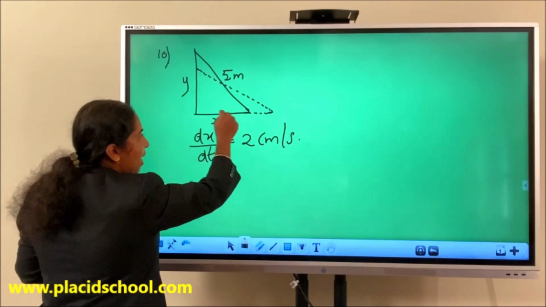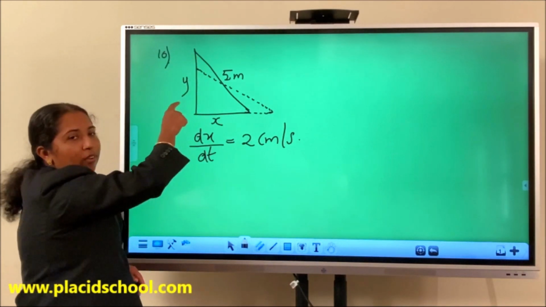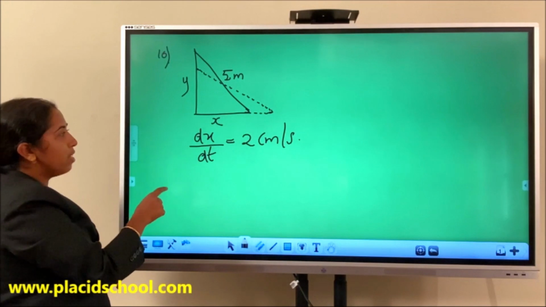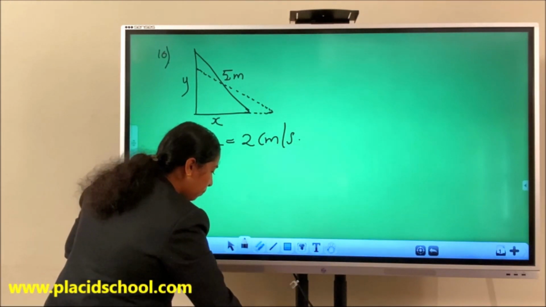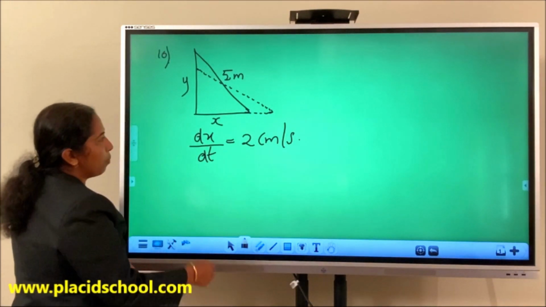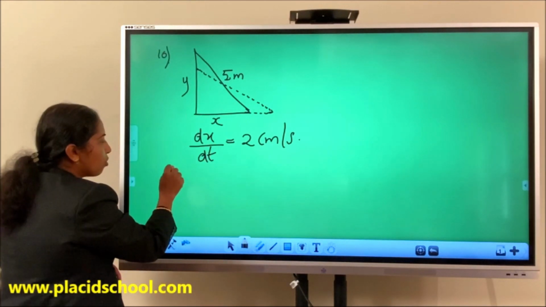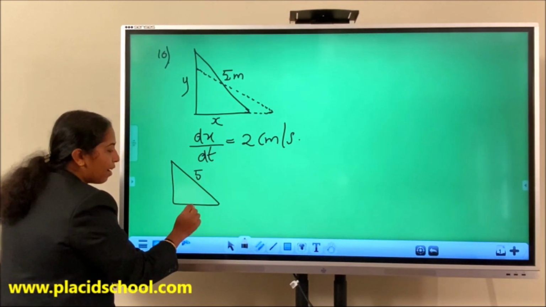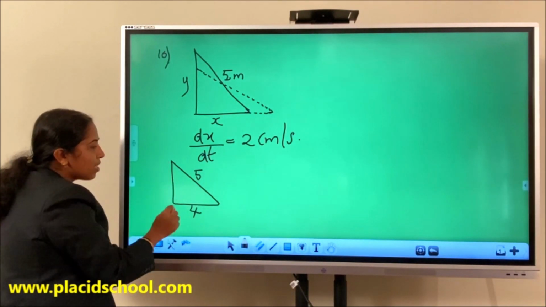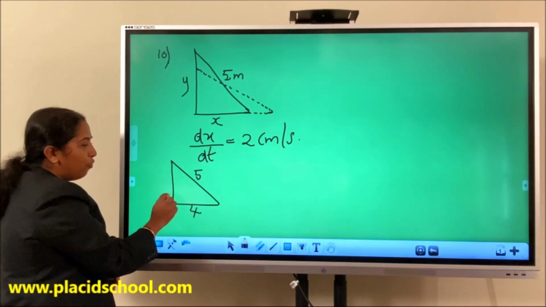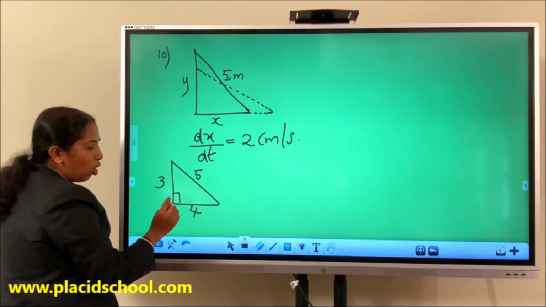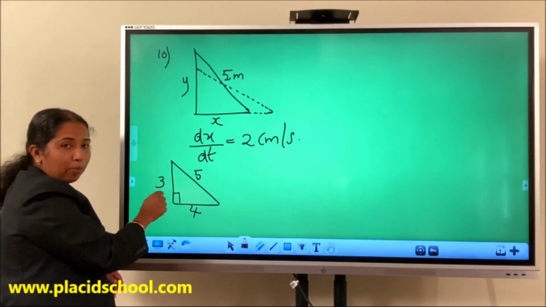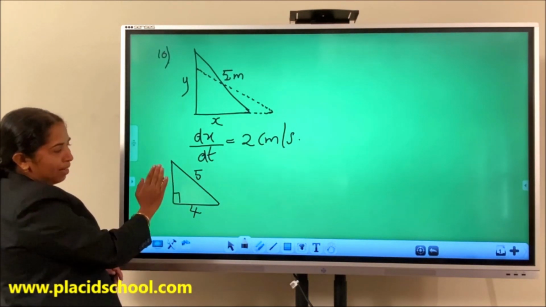So when the ladder is pulled, we can see that the height is decreasing. We have to find the rate at which the height of the ladder is decreasing when the ladder is 4 meter away from the wall. When the ladder is 4 meter away from the wall, just see this figure, this is 5. You can see that the altitude will be 3 centimeter by using Pythagoras theorem. Because hypotenuse is 5, base is 4, so altitude will be obviously 3 centimeter. You can calculate and keep it.